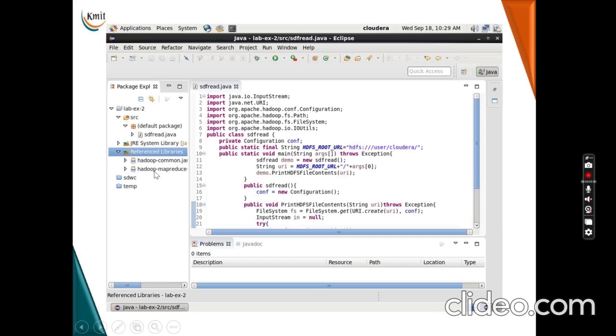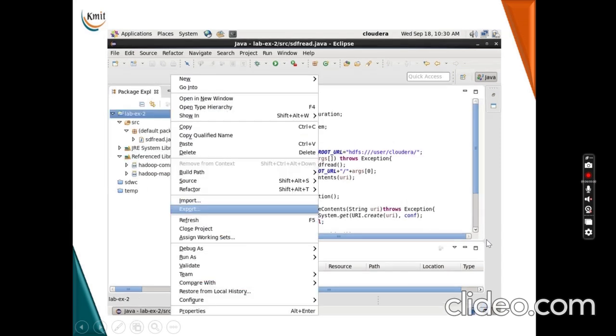After adding these two external jar files, if you observe your program, all the red underlined lines under these packages are gone, and in your errors area there are no errors. Previously it was showing in red because you had not added these external jars, which take care of all the code related to these packages and objects. So once you find zero errors,